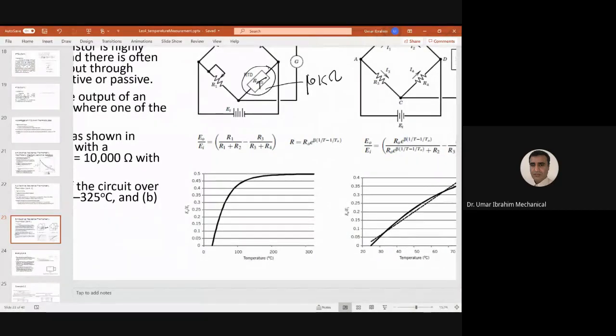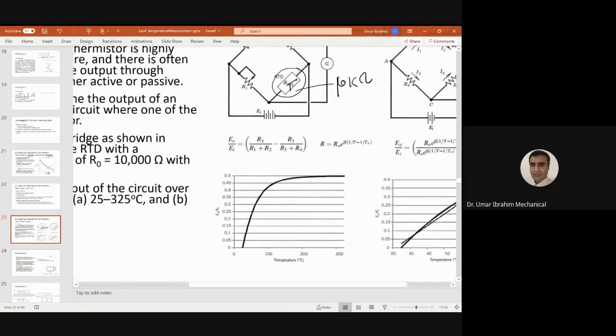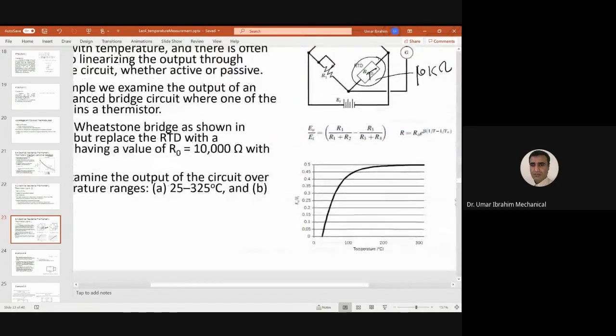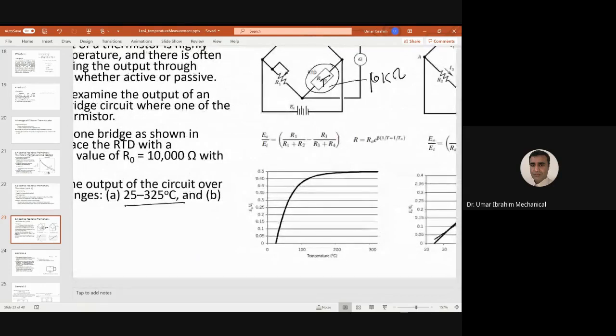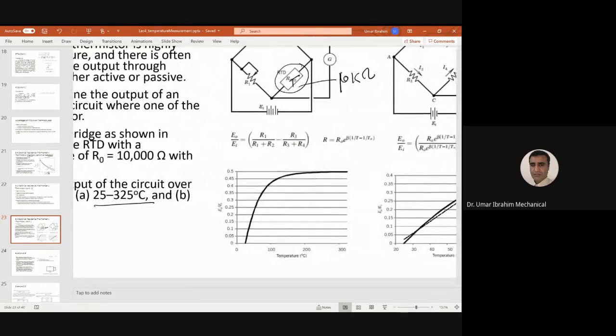We are given the result of this problem in graph form. And if you use this circuit and these equations for the full range of 25 degrees C up to 325 degrees C,